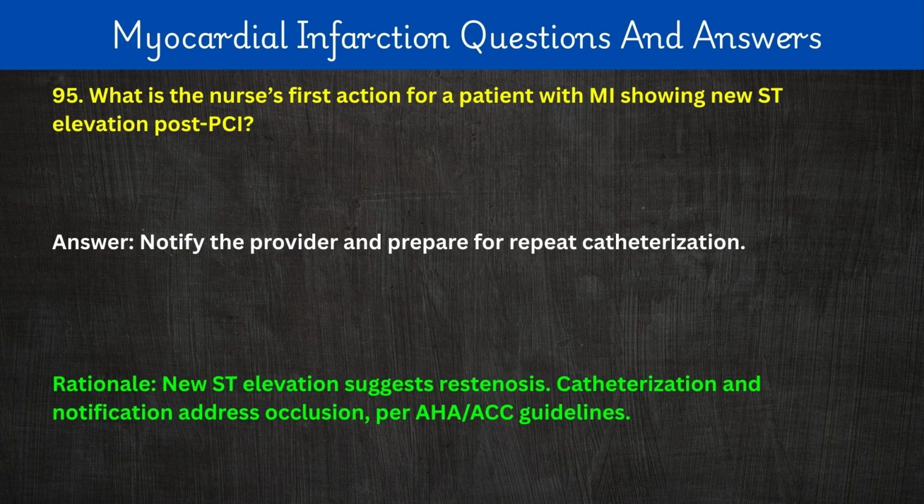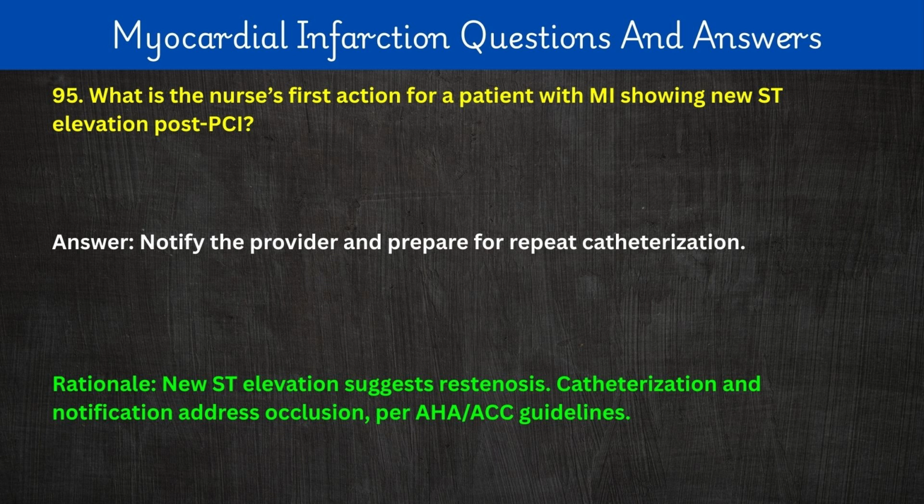95. What is the nurse's first action for a patient with MI showing new ST elevation post-PCI? Answer: notify the provider and prepare for repeat catheterization. Rationale: new ST elevation suggests restenosis. Catheterization and notification address occlusion, per